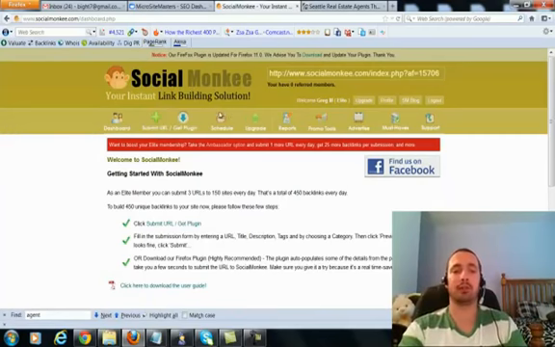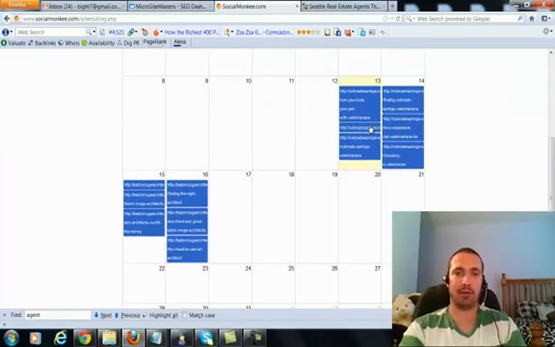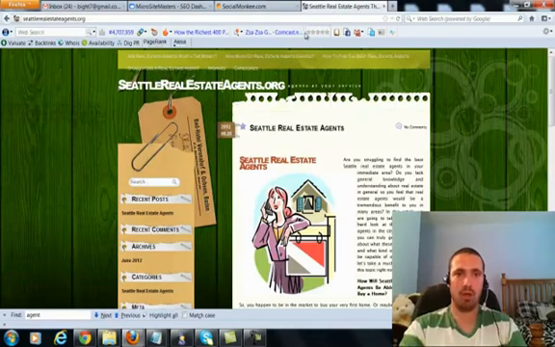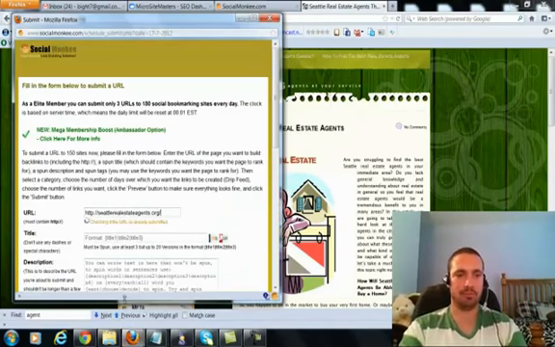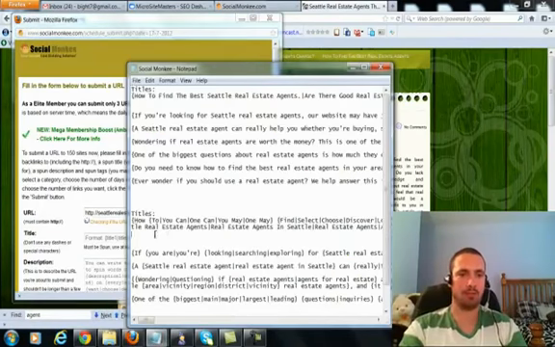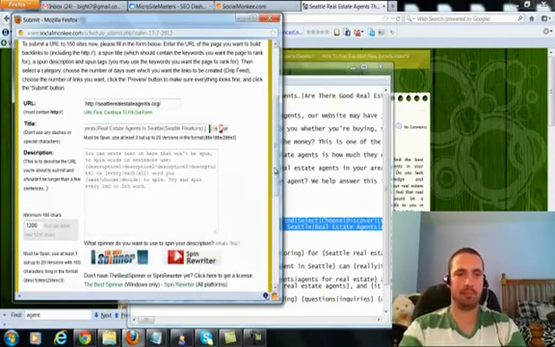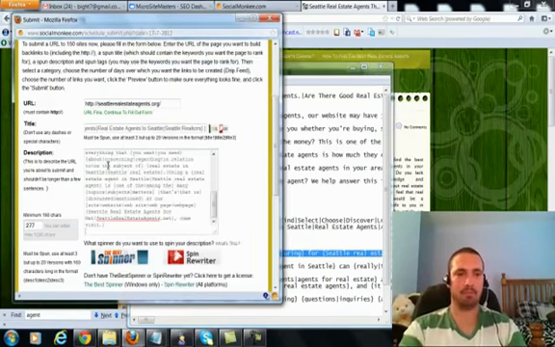So I'm going to go to my schedule. As you can see, for today I have 3 already, then the next 3 days I already have 3 each. So these are going to be the 17th and 18th I'm going to schedule these for. So let's go to the 17th and schedule our first one. I'll copy my main URL here. Now paste it in the URL section. Now I'm going to go copy my titles, the spun ones obviously, and I'll paste them in. I'm going to copy my first group of spun descriptions here and paste them in.